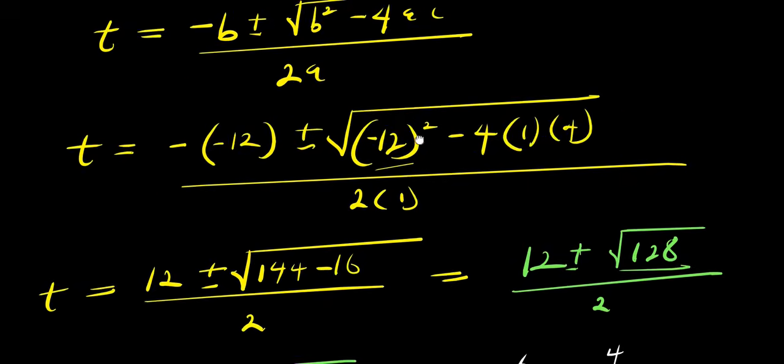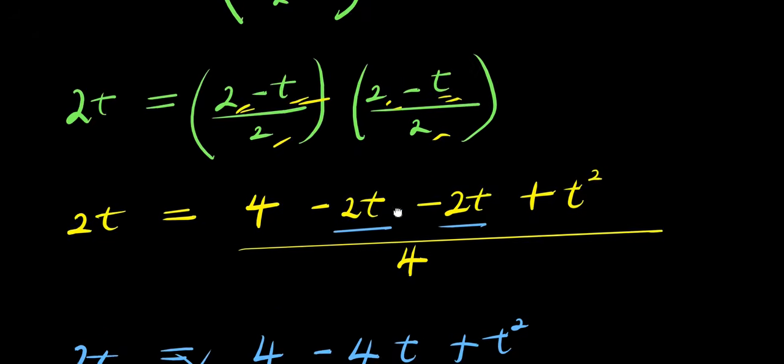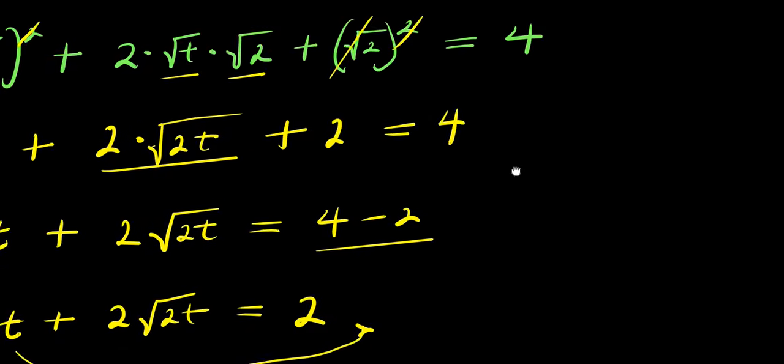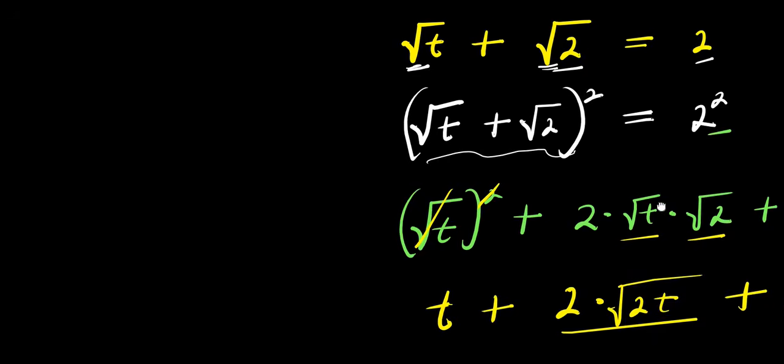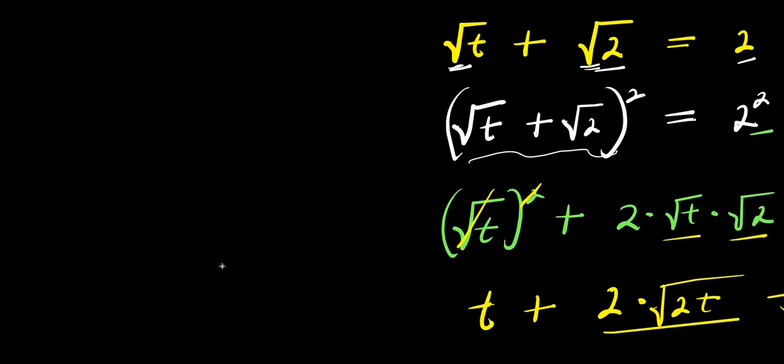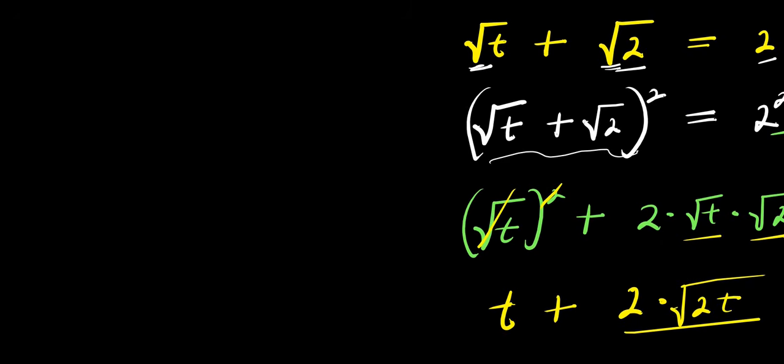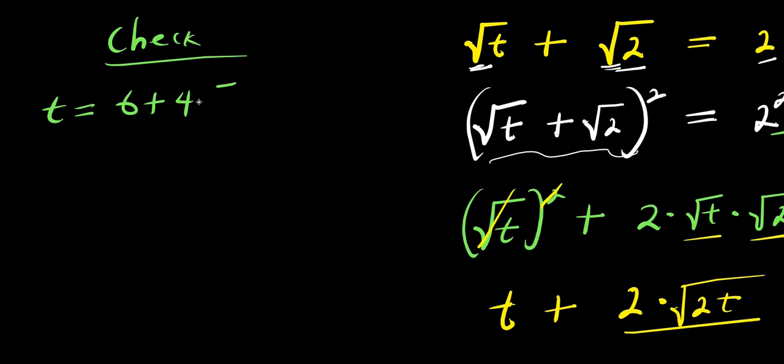Now the next thing I'm going to do will be to insert these particular values for t in the original equation. Let's check if the two values will satisfy the equation, or it is only one that will satisfy the equation. We have t1 equals 6 plus 4 root 2, and t2 equals 6 minus 4 root 2. We are making use of this equation, which is